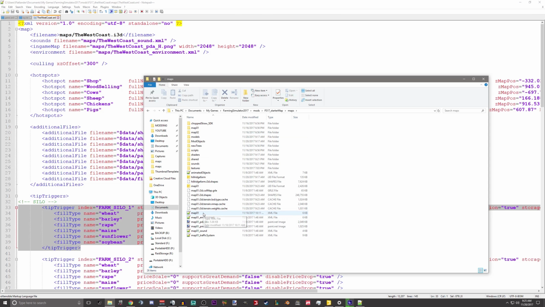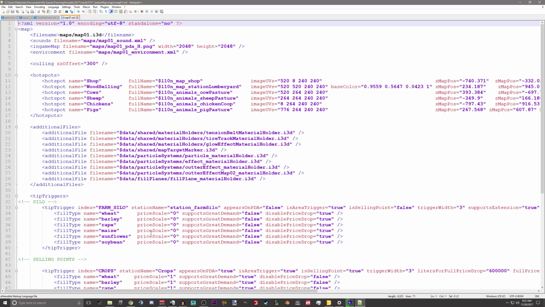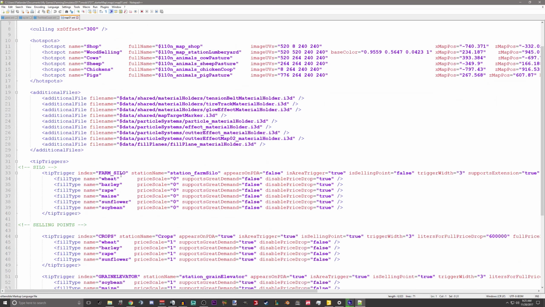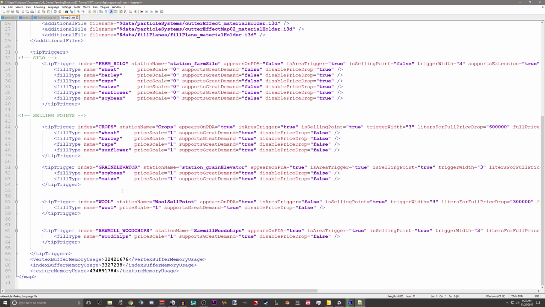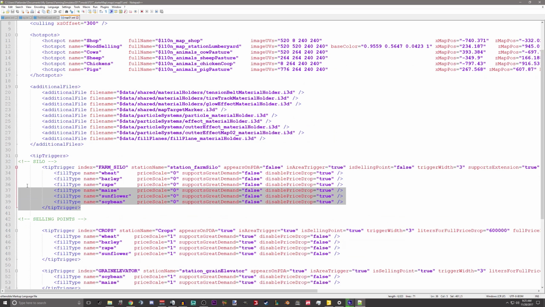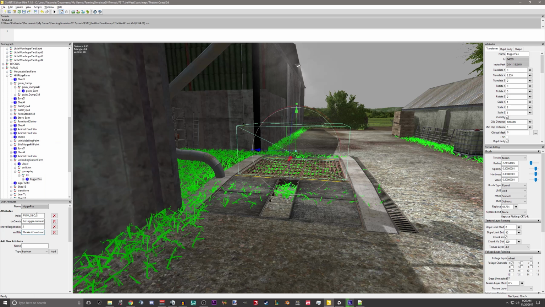So let's look at map01 XML. You can see I do not have a farm _silo 1, it is just farm _silo. That is the one that Bullet Bill has in the map by default, so it is registering an extra silo. Another problem could be if, say in our West Coast map, Bullet Bill had named this farm silo.